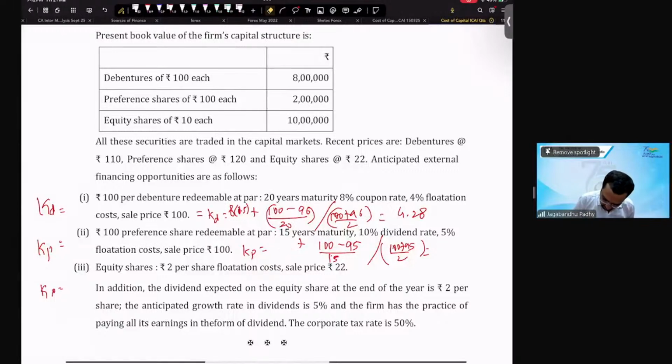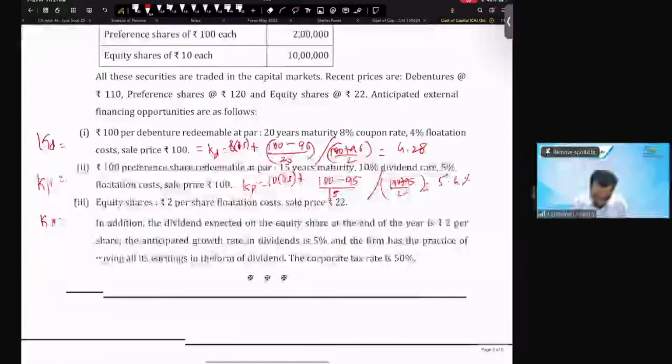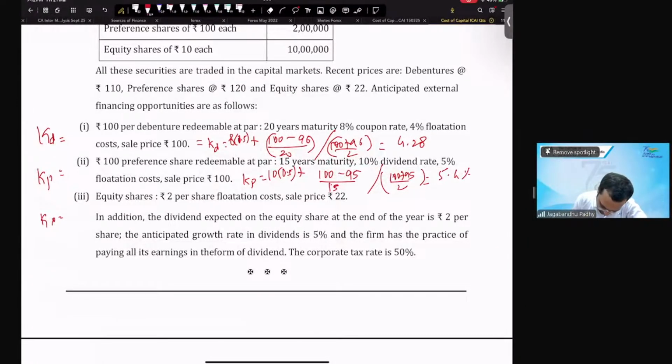And again, this 10 needs to be multiplied by half of it. So that is 5.4%. Cost of equity is going to be the expected dividend on equity at the end of the year, which is 2 per share, divided by the current market price of 20, plus it is going to grow at 5% every time. So that is